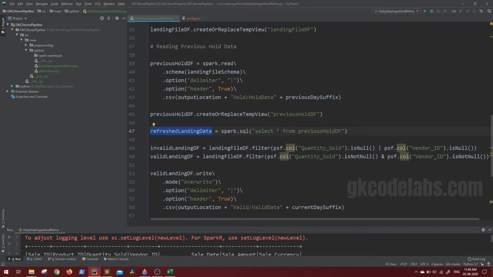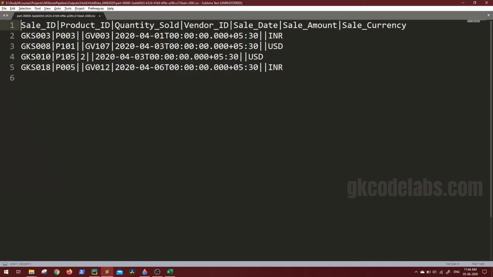Now what we have to do, we don't want all the columns. Yes, sure, we want a few columns as they are, sale ID and whatever business has given us. A few columns we want as they are, or we don't have any particular requirement for that. Just things we are considering here are quantity sold and vendor ID.